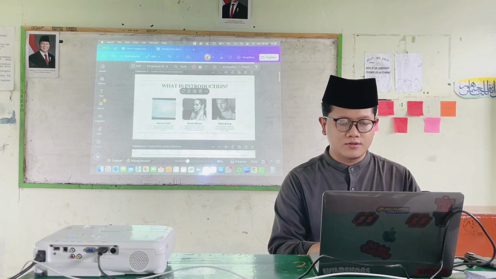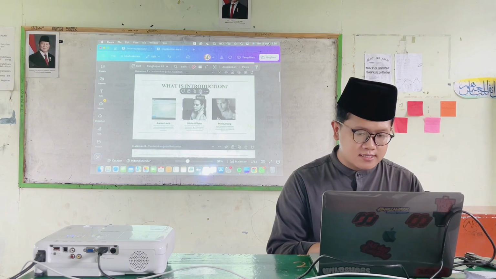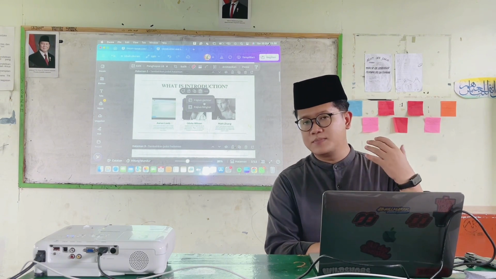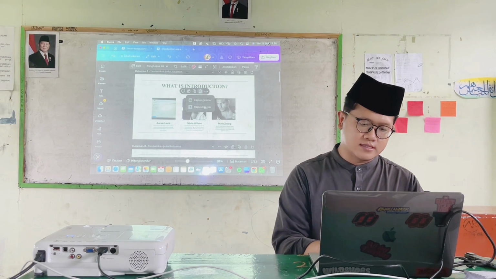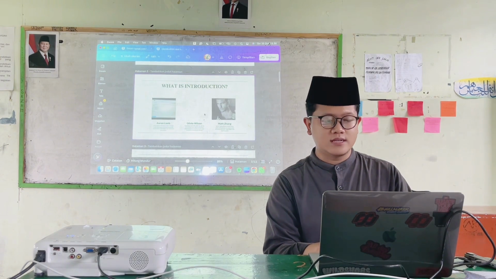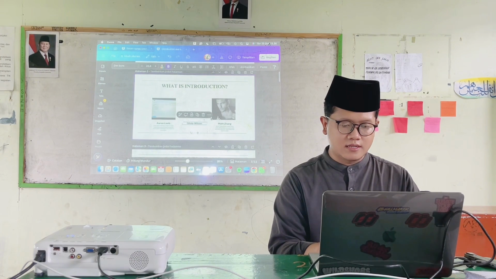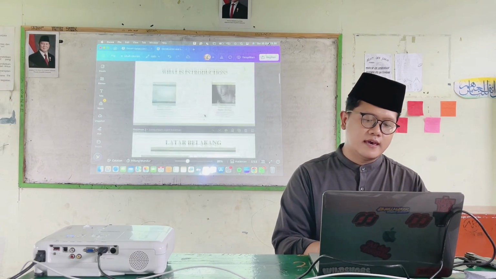We don't want to have any picture in the middle, so we just need to erase it. And yes, we can choose the picture or the entire picture. For example, I want to delete all. So it's already gone. It's been erased by the application because we don't want any pictures on the screen.